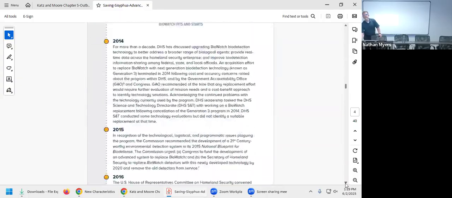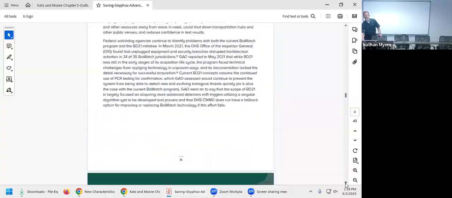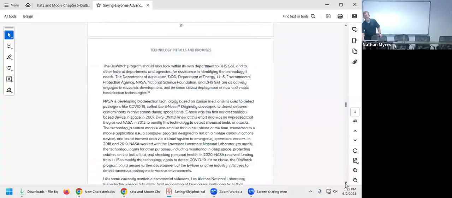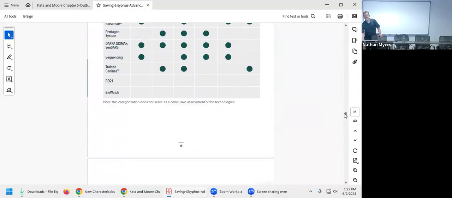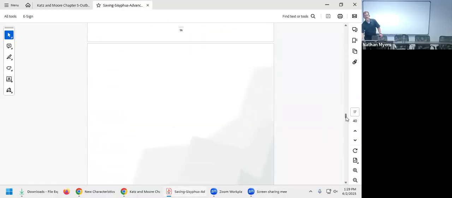So again, I'm not going to go into all the details, but I wanted to touch on the elements that were going to be